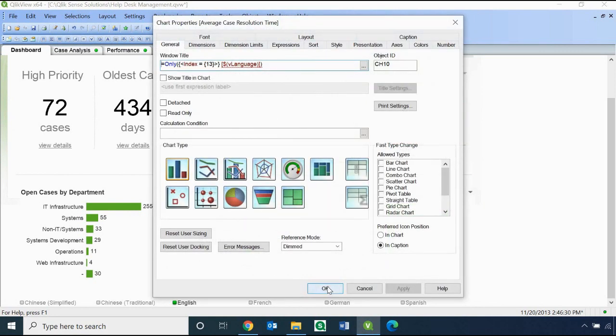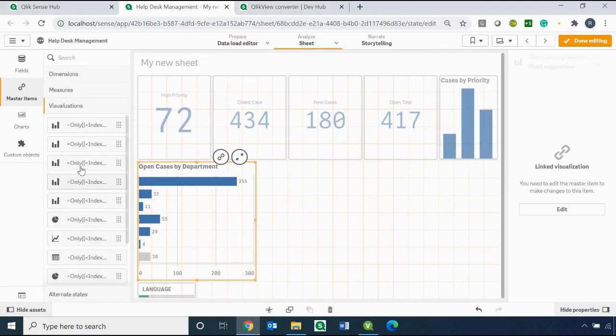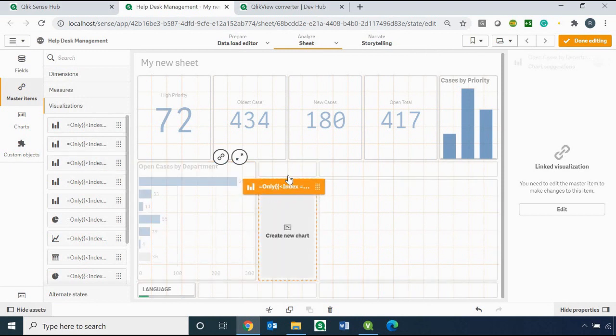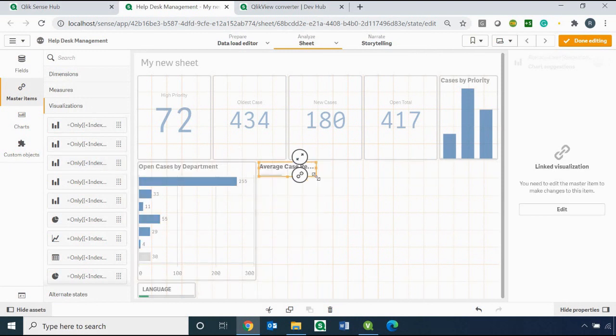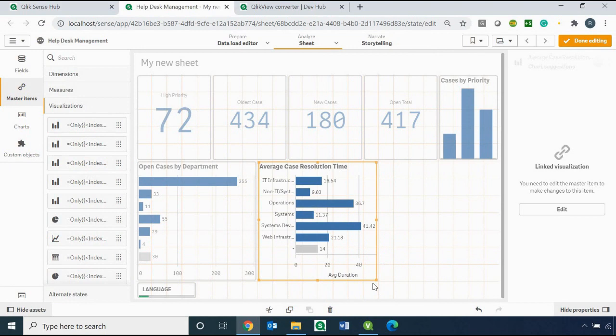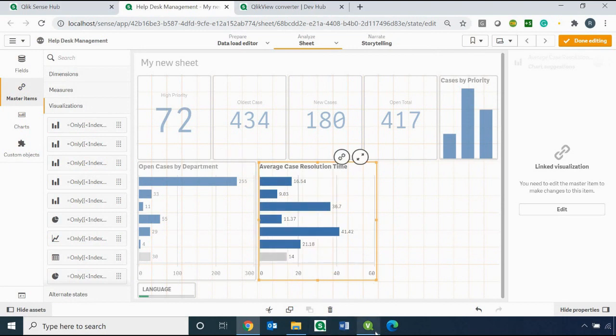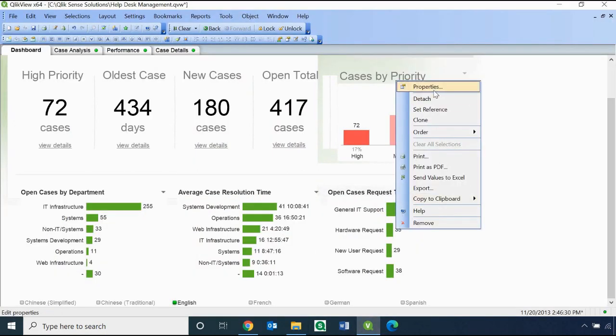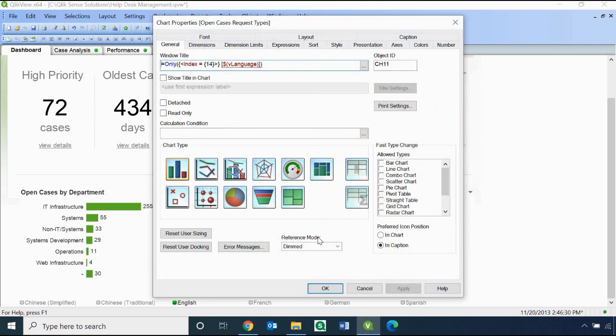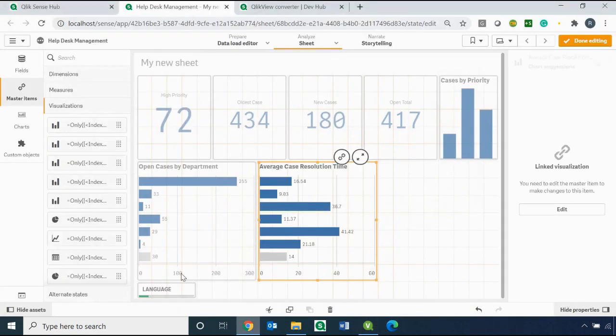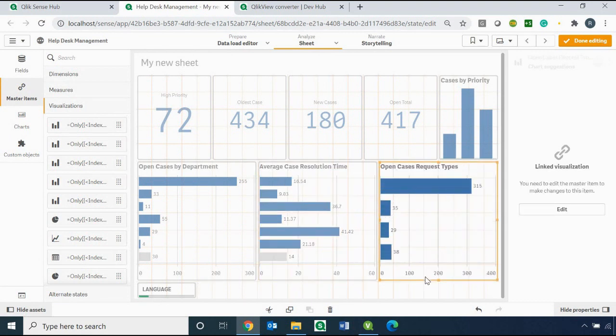Yeah, I'm right, it's 13, and this is 13, so drag and drop, resize it, and then the last one should be 14. So let's confirm it. Yeah, it is 14. So there we go. So rearrange all the charts, and I guess we are done.